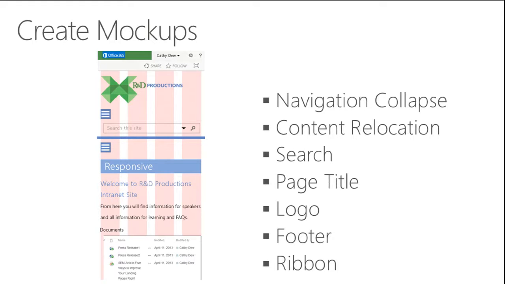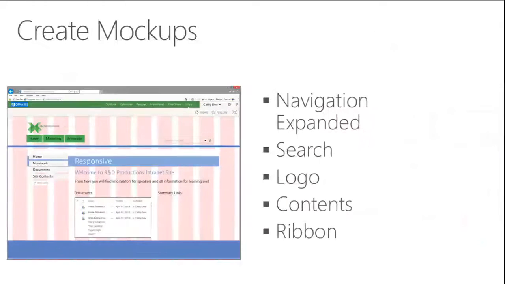Moving on, I didn't put the tablet one in here. I just did the desktop because the tablet and the desktop for this piece were not too different from a resolution perspective. I had already made my desktop version fixed width, so moving it down to a tablet device didn't lose too much. It just means that on my tablet, it's not going to look like it's a fixed width. It's going to go all the way to the sides. But you can see my content, my quick launch navigation, my web parts, my top navigation, my page title, my logo, my search bar, my ribbon, all of these components of SharePoint